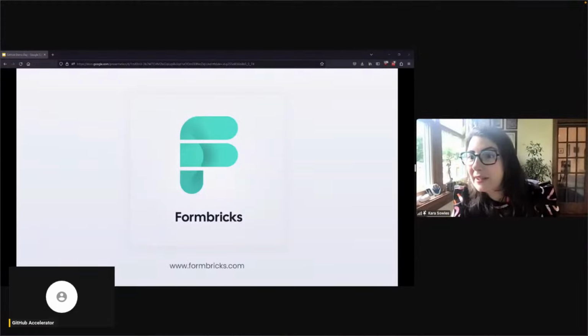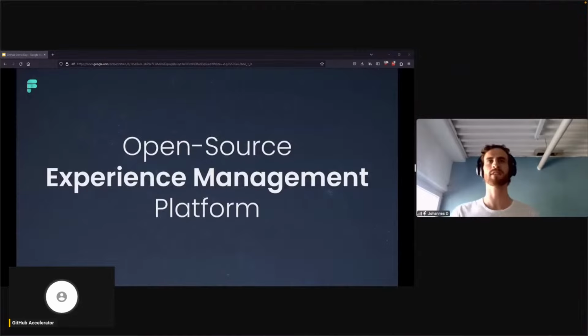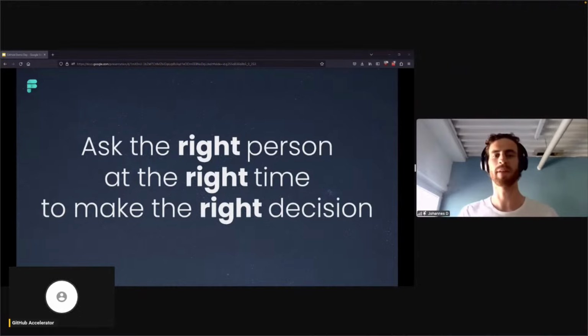Cool. So welcome to Formbricks. So what is Formbricks? We are an open source experience management platform. But what does it actually do? It helps you ask the right customer about their experience at the right point in time in their customer journey, so you can make the right customer-centric product or business decision. And then why would you need